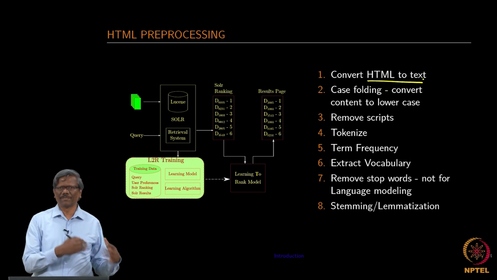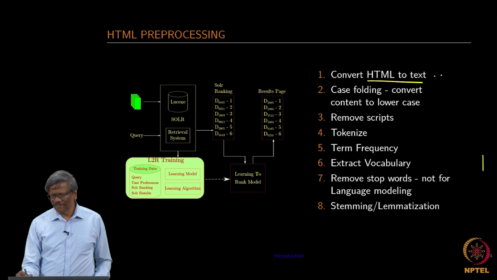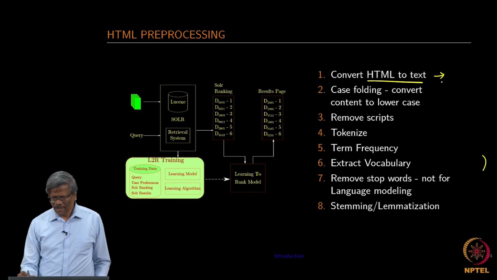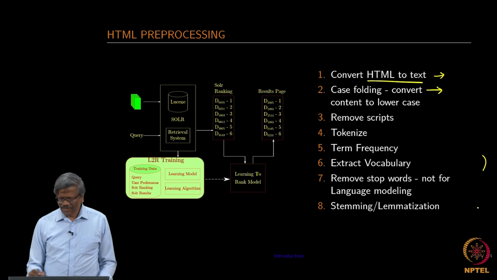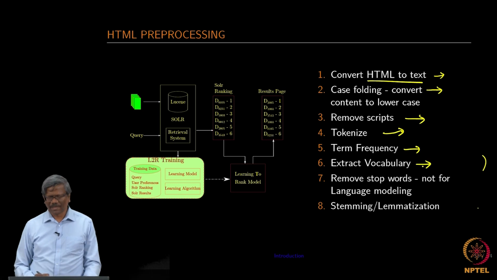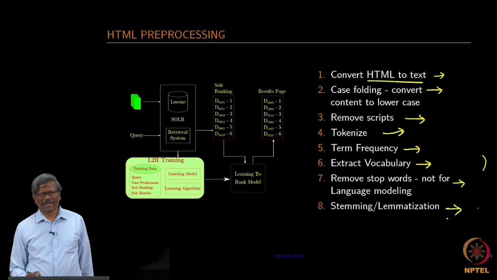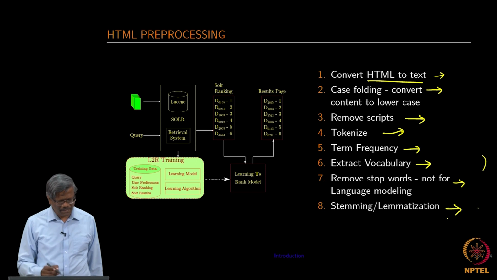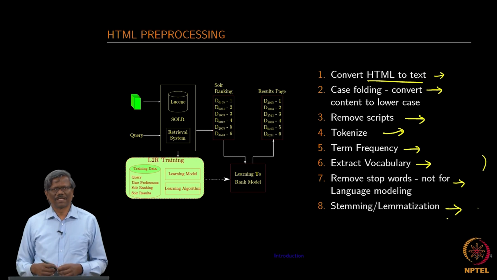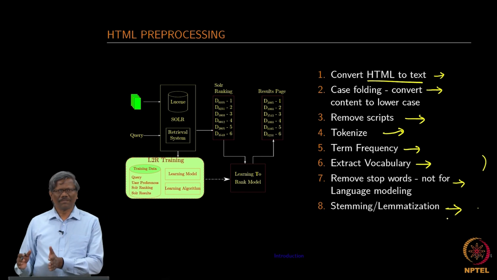because this could contain a lot of images, JavaScripts, form variables, all that, right. So, we need to convert that first into a text format without really losing the content of the source, and then do the case folding, remove scripts, tokenize, do the term frequency, extract the vocabulary, remove stop words, do stemming or lemmatization or both, and so on. So, this is for a task where we want to rank the documents that are coming in from the document repository. So, there we want to create a learning model which will try to rank the documents accordingly based on